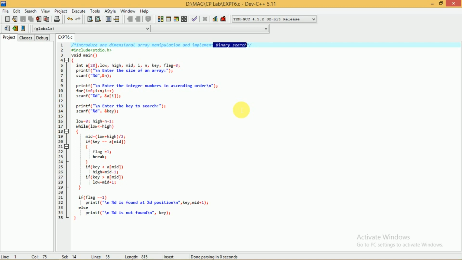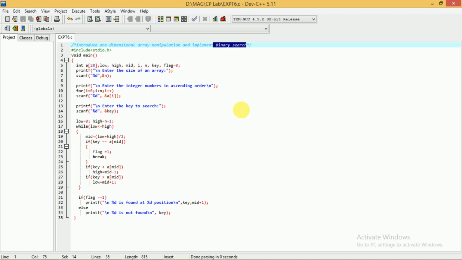So to improve the performance or to reduce the execution time, a number of different techniques have evolved. One more method of implementing this searching process is binary search. Today we are going to discuss this binary search algorithm.